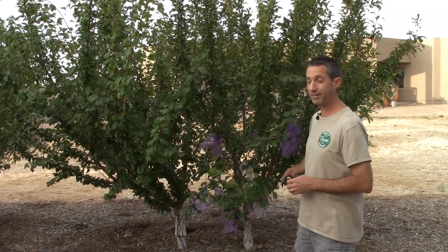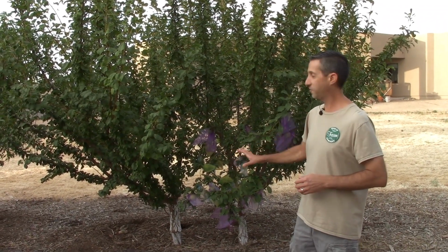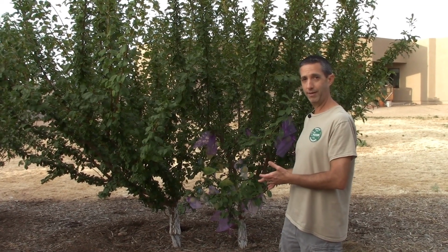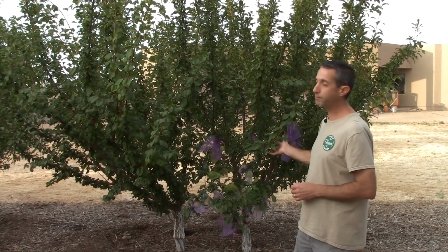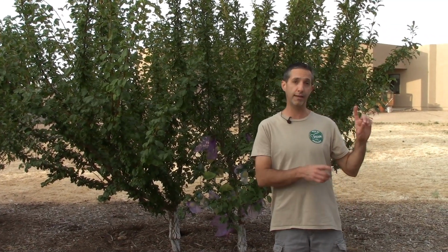So this tree here, the Flavour Grenade Pluot, has fruit on it. You can see that here. The nice part about having a pollinator for a tree that produces fruit is you get fruit. Now, it is a Pluot variety, so it needs a pollinator, and that's what our Santa Rosa and other Pluot